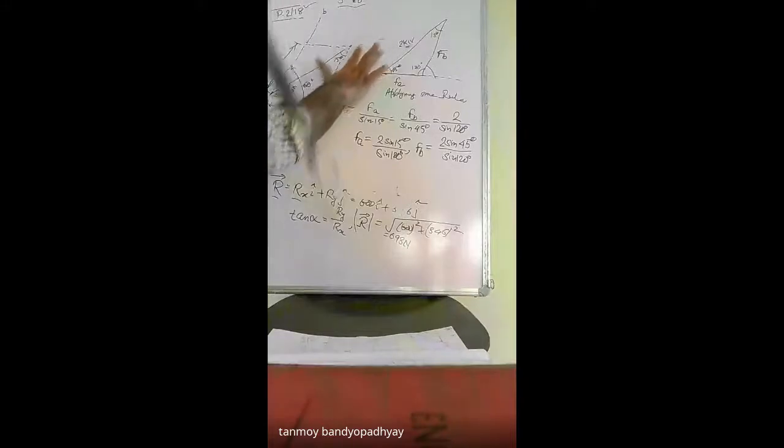In this problem you could have done it in this triangle itself, meaning this is FA, this will be FB, and you know the force is 2 kilonewton. This is the triangle that we are considering, which I have simplified here. You could have drawn it in this figure also.